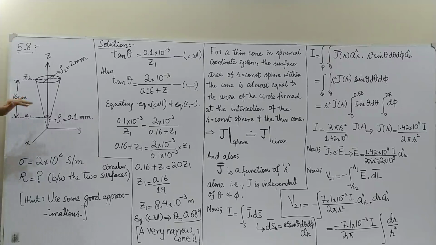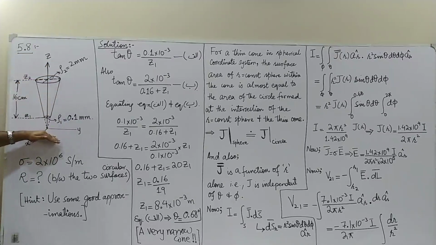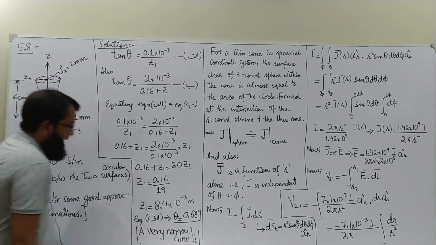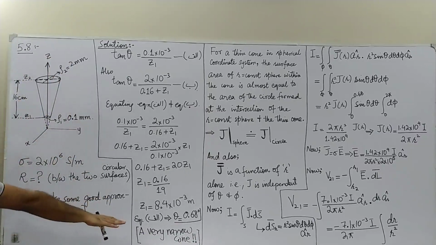The other way is to truncate the cone from the top, limiting the higher limits of z, and the cone normally starts from z equals 0. That's the other way, but in this problem it has been given to us that this cone has been truncated from the top and the bottom. So this setup which I have shown here is not given in the problem.